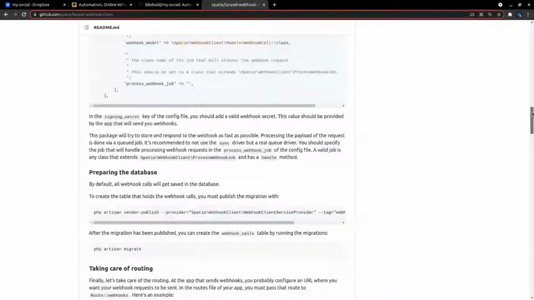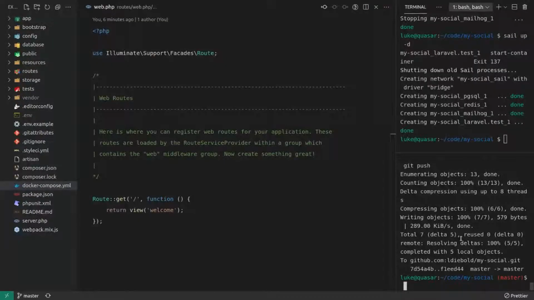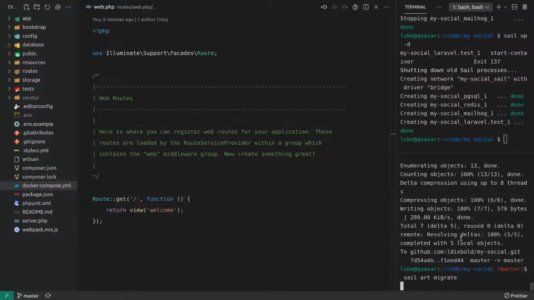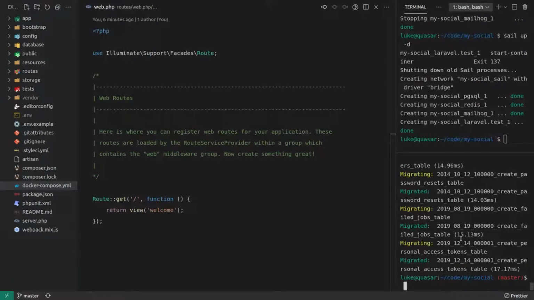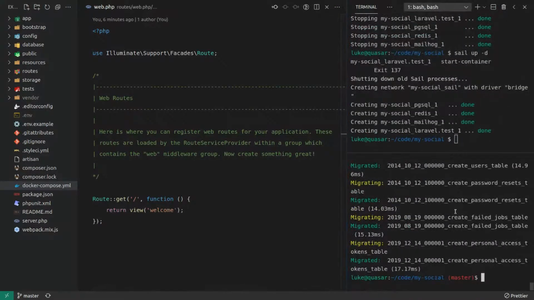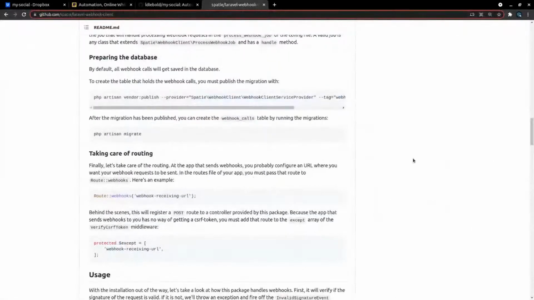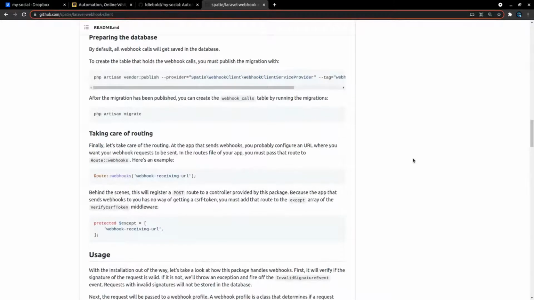It's going to ask me to do some migrations here. So let's go ahead and do that. We can't just say artisan. We're using Sail. We have to say sail artisan migrate. That's going to work for us. Oh, wow. Migrations usually never work the first time, but it did today. Tremendous. That's one of the good things about Sail. It just sets it all up for you, so it just works.